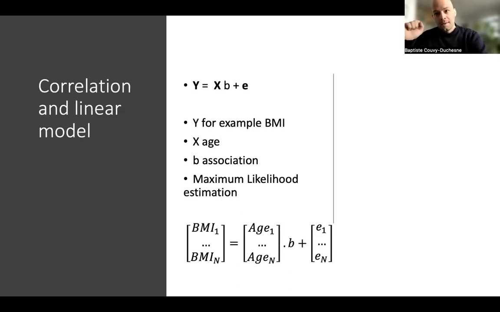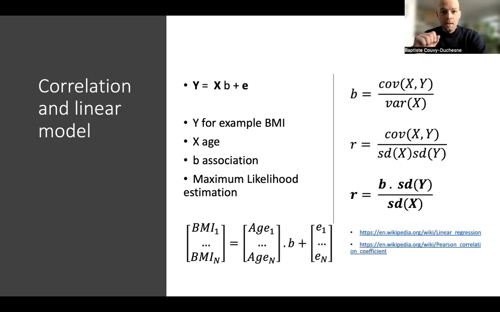I like this vector or matrix representation because it actually looks like the data set we have in terms of the BMI column and the age column. So I find that quite useful. I hope you do too. We know from the linear model theory that the beta is a function of the covariance between X and Y divided by the variance of X. We also know the formula for the correlation coefficient R, which is also a function of the covariance between X and Y. From these two formulae, we can easily derive the relationship between the correlation coefficient and the linear regression